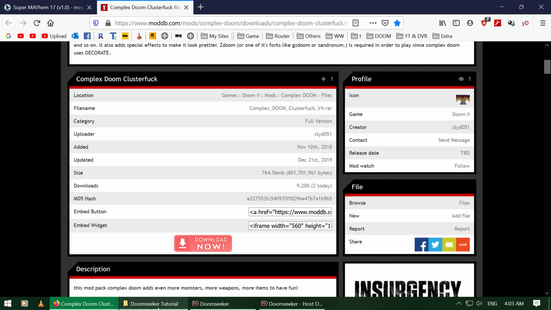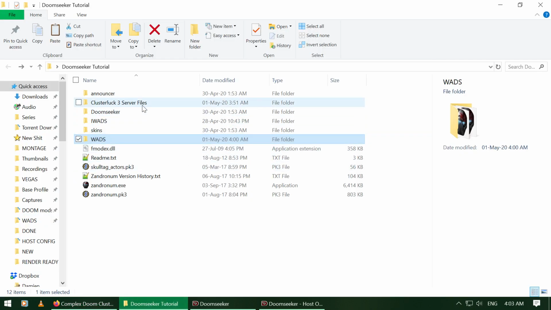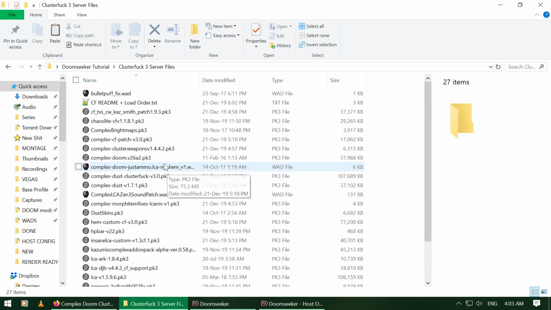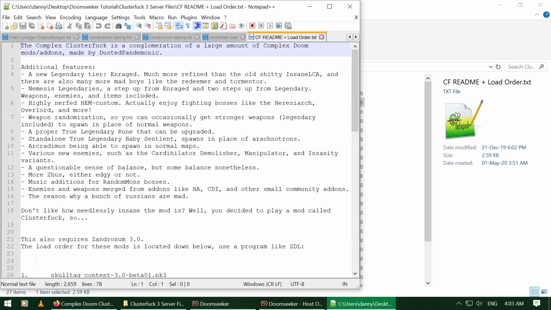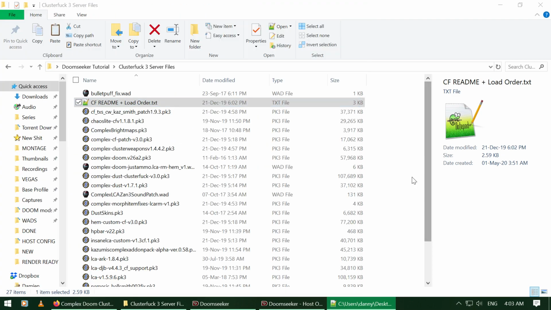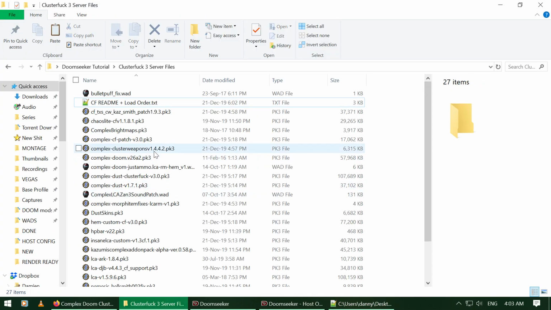Download the file. I've already got it downloaded, and this is what comes out of the file. A lot of files, and there's a text file that shows the order, since they are not in the right order right now. They're alphabetical, which is not the correct load order.